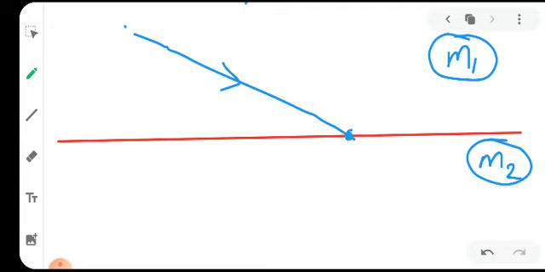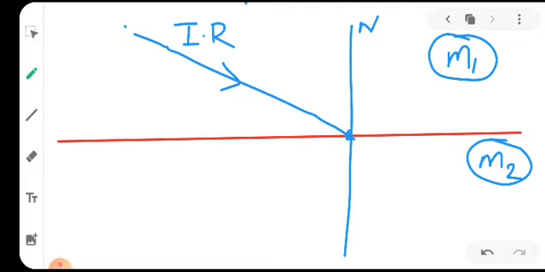At the point of incidence, if we draw a normal, which is just an imaginary line, remember, this is just a reference line. It does not exist, and the normal is always perpendicular to the plane of the interface, and the incident ray